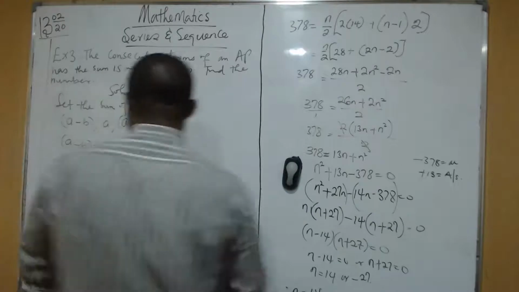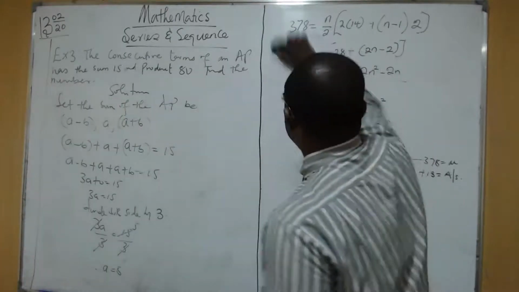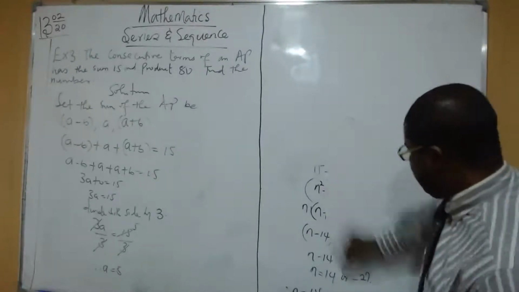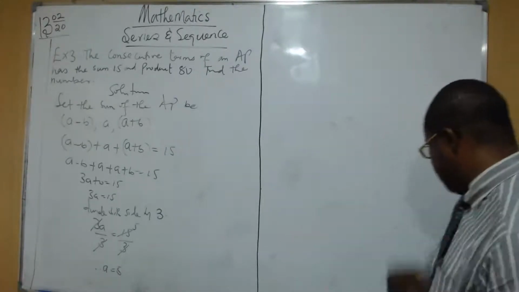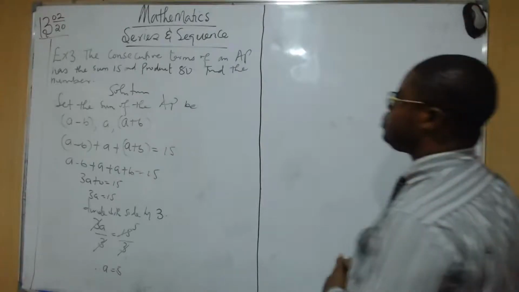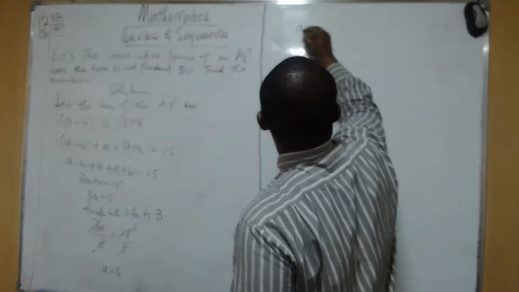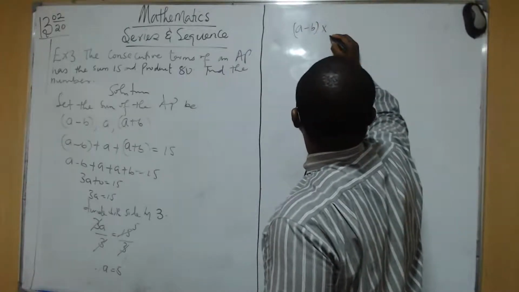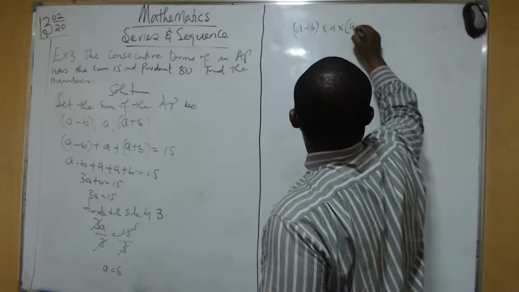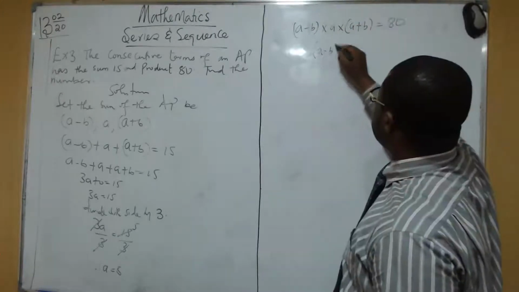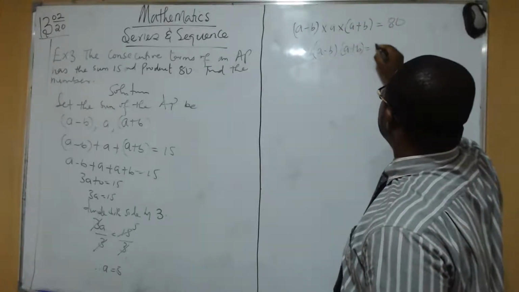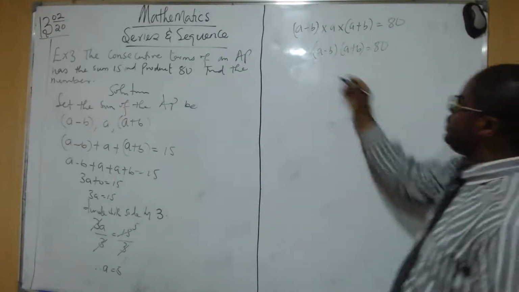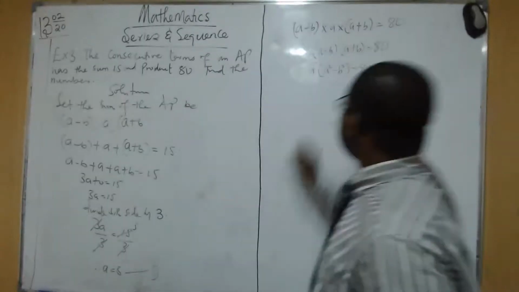Then, if our a is 5, let's see. The other part says the product of that same sequence is 80. So you're going to have a minus b times a times a plus b equals 80. Now this you're going to have the difference of two squares. So you have a into bracket,